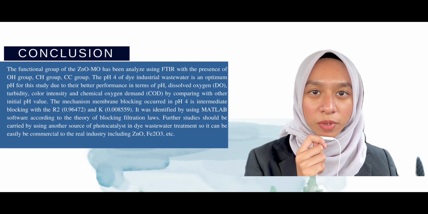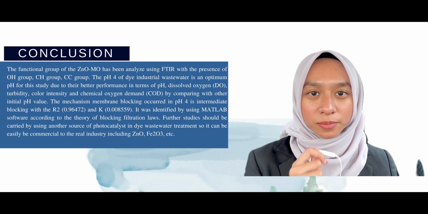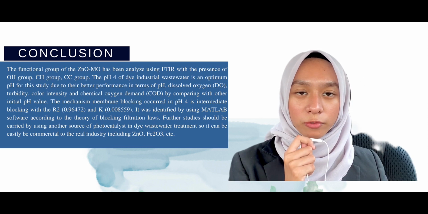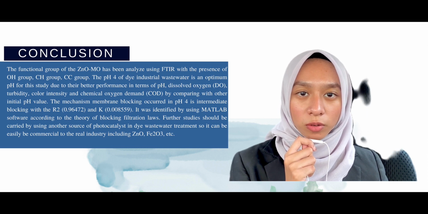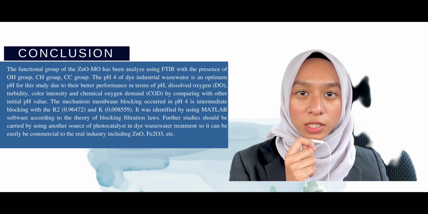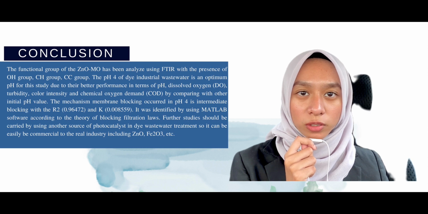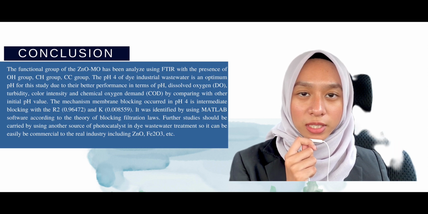Next, the membrane blocking mechanism in pH 4 is intermediate blocking with the R square 0.96472 and K 0.008559. It was identified by using MATLAB software according to the theory of blocking filtration law. The recommendation is that further study should be carried out using another source of photocatalysis in textile wastewater treatment so it can easily be commercialized for real industry, such as ZnO